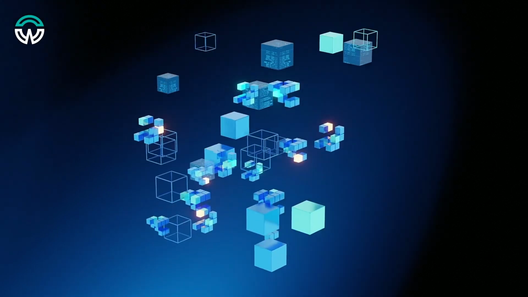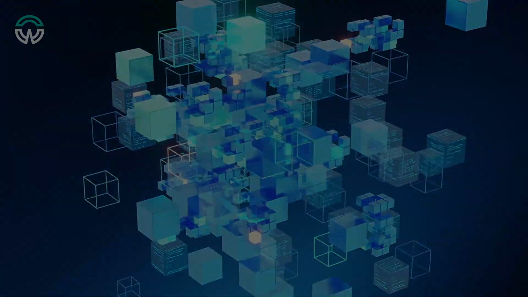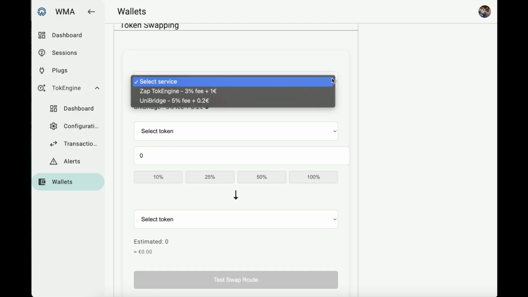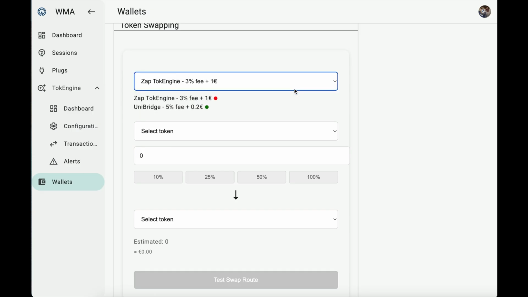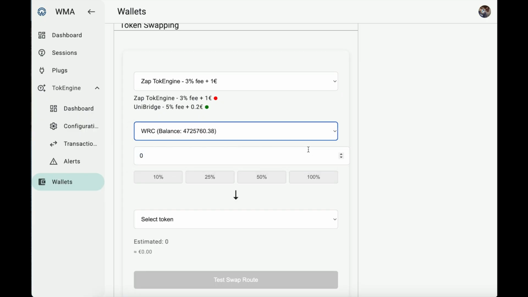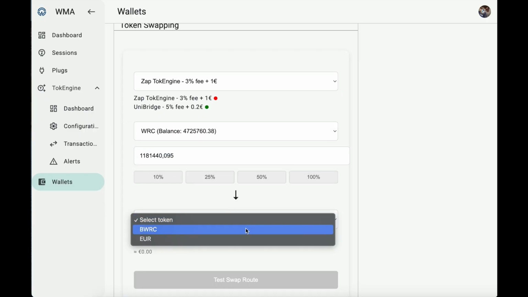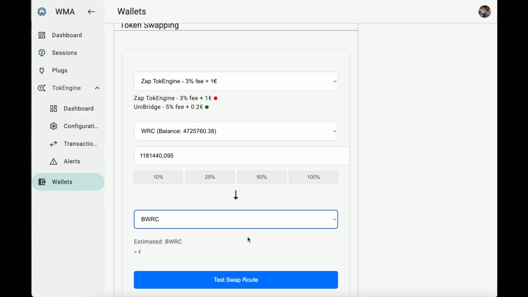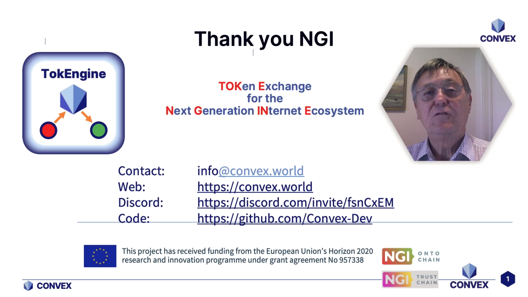TokEngine provides dApp developers with a ready-to-use token swapping module that works with multiple service providers. Developers only need configuration files that specify which tokens they wish to exchange. Wearnode can operate their own TokEngine server, or alternatively, they can engage a third party to run it as a hosted service. TokEngine gives you fast DLT